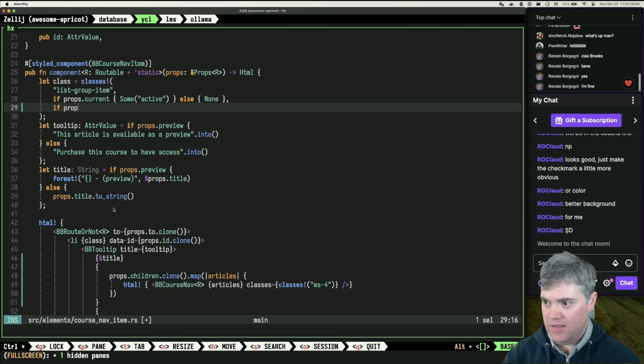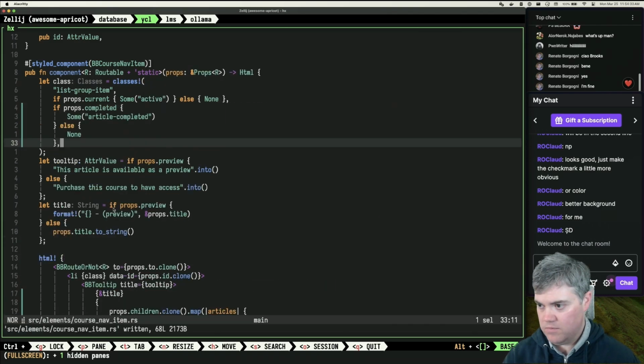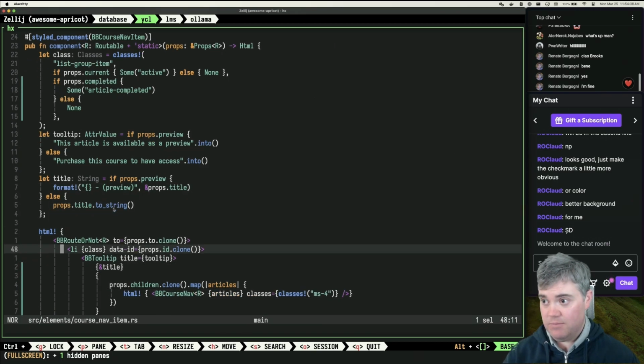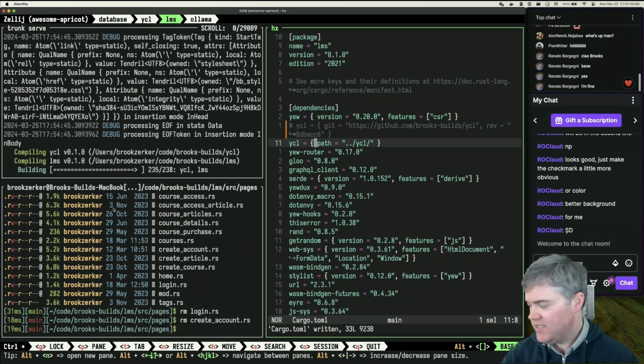So if props dot completed, and that gets added to the list item. Perfect. No errors, no warnings. So if I resave you,